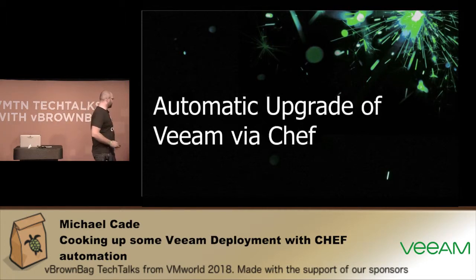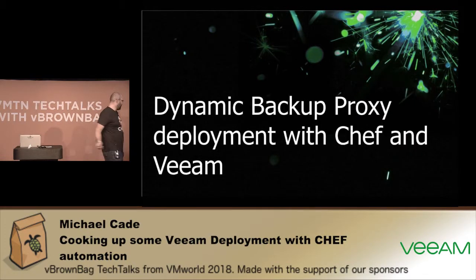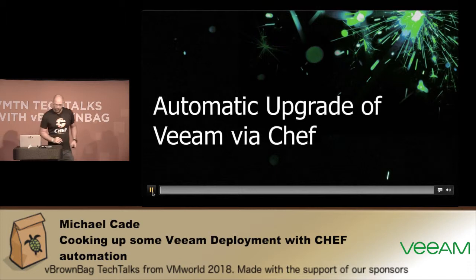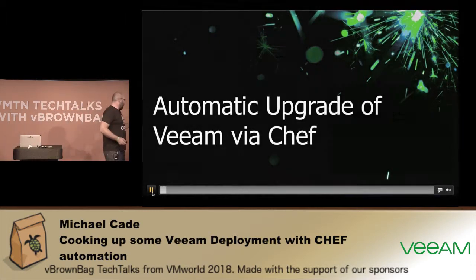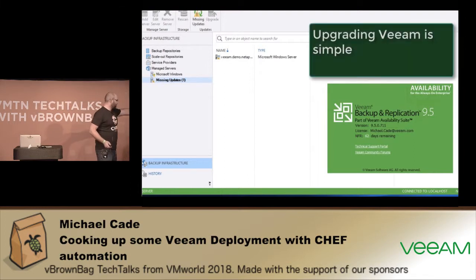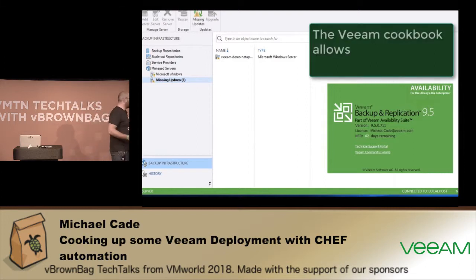So this is where we're going to go into the no, go back. Now, have I broken it? So with that in mind, so again, I said about that 7.11, you can see that it's all updated, but you'll see that we also flag that there's missing updates within that system because we know that there's a new update from a Veeam perspective. So if we go back to that,